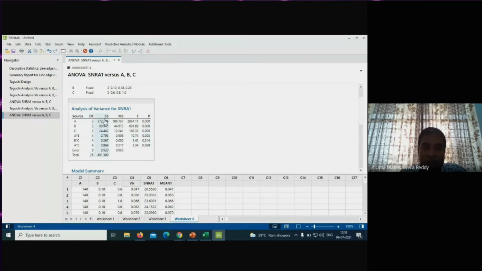So now here, if you see sum of squares for A 372, having highest sum of square means it influences a lot. So 372.334 by 491.309. Total sum of squares is 491. If you divide this 372.334 with 491.309, you are going to see approximately 75%.